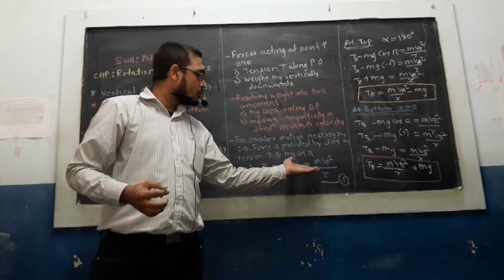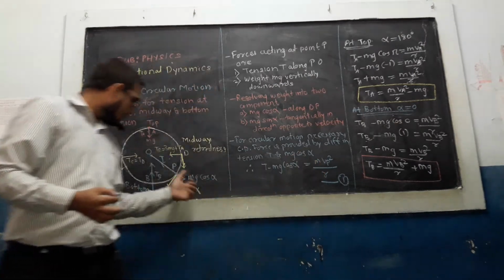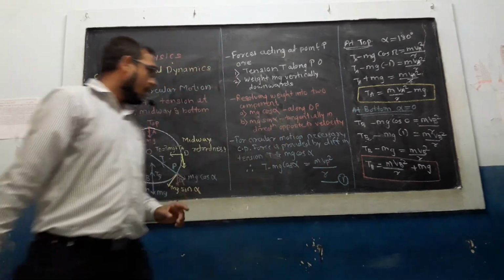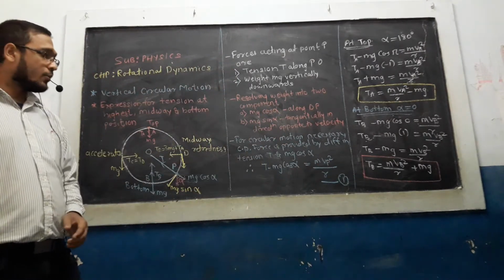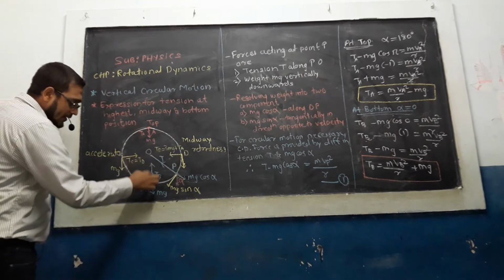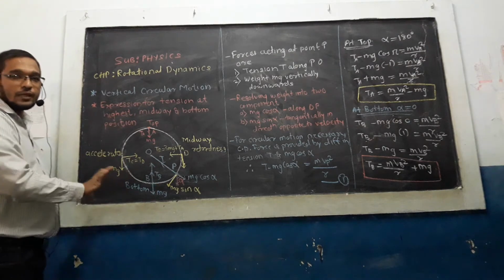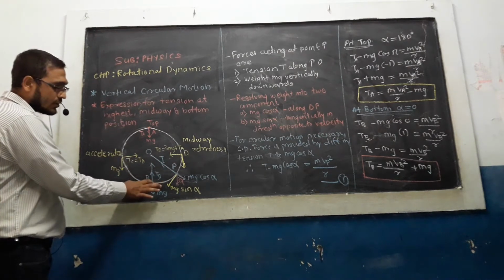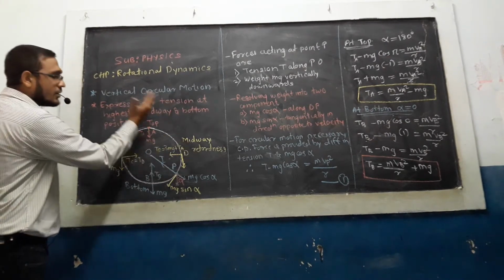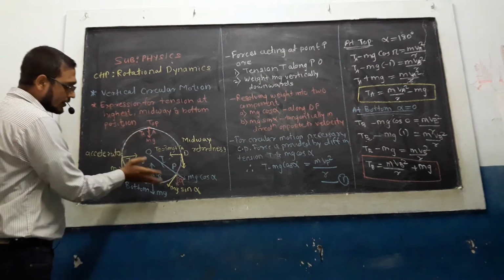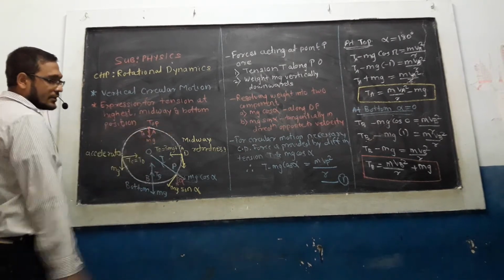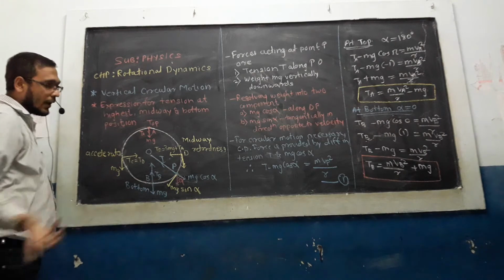What is the centripetal force formula? mv square by r. As the particle is at point P, the velocity is vp, so mvp square upon r. So T minus mg cos alpha is mvp square upon r. Now suppose the particle is here. Right now there is no displacement, the particle is at rest, so the angle traced by the particle is 0 degree. When it moves, it will make a certain angle. At the midpoint it will trace an angle of 90 degrees, at the top 180 degrees, and at the bottom the angle will be 0.